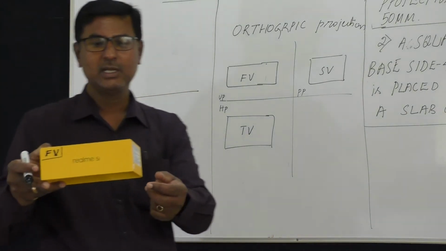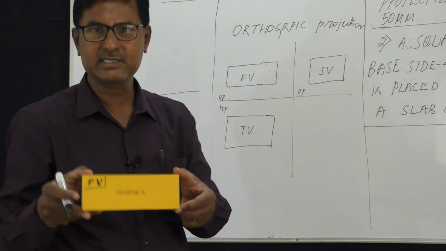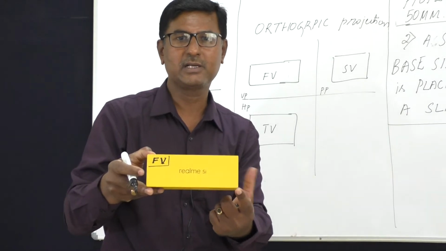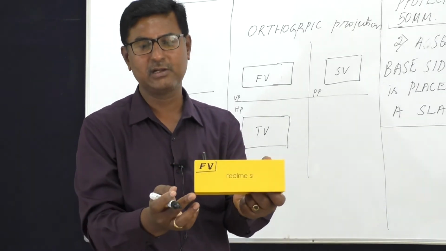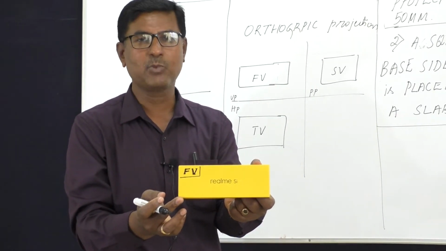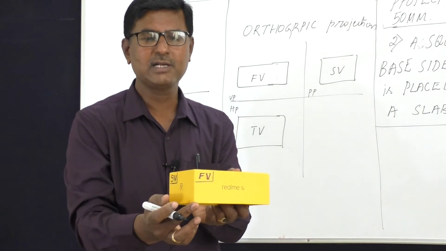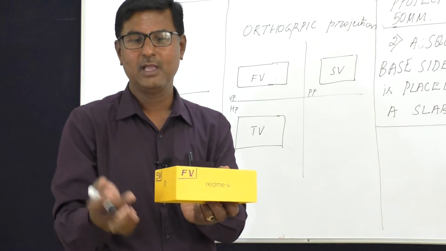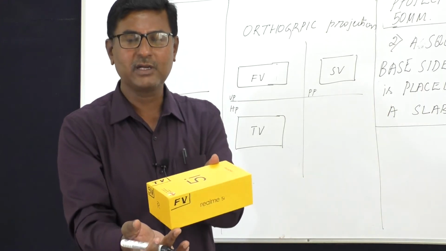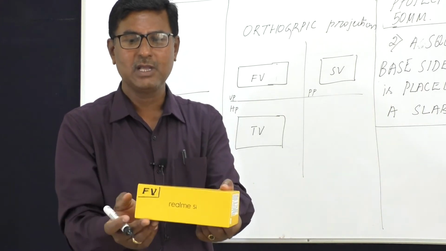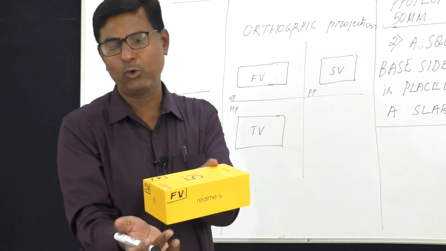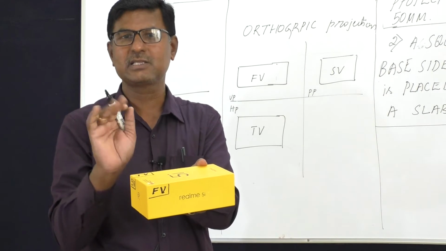What I do is, I take the same box, I hold this corner, and I turn it by 30 degrees. Otherwise, I'll take this corner. I turn this box by 30 degrees. What is it that you are seeing? You are seeing the front view and side view simultaneously. Hold the same corner, and lift the back by 30 degrees. That means I turn by 30 degrees in this direction and lift the back by 30 degrees, holding this front corner, remaining at the same position.